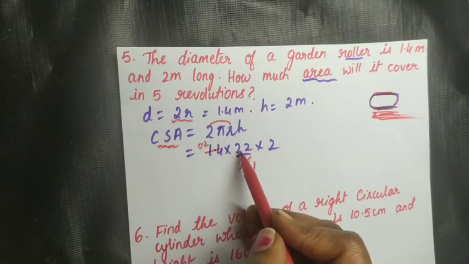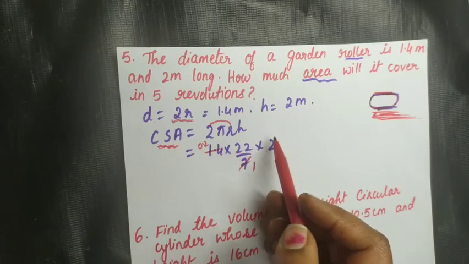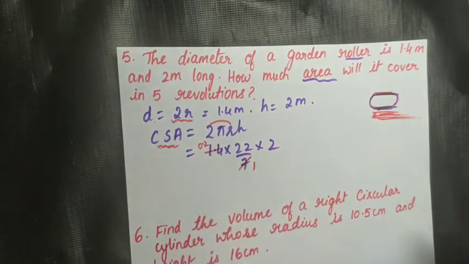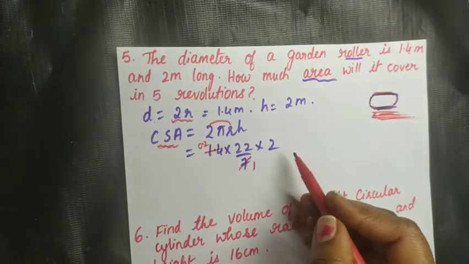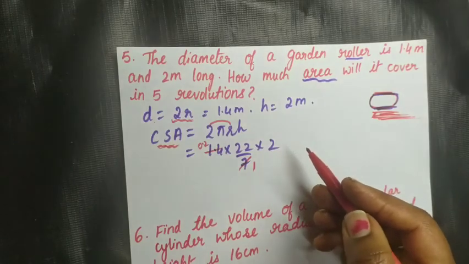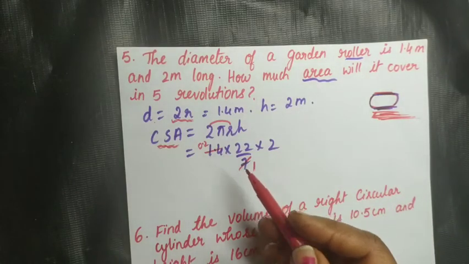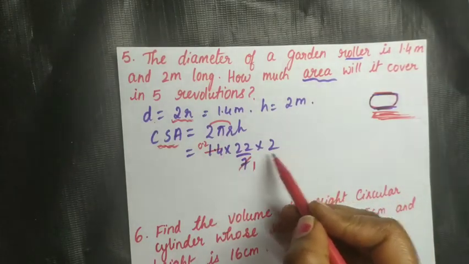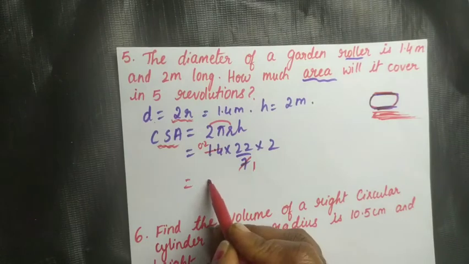Now multiply 22 into 2 into 0.2. So CSA is equal to 44